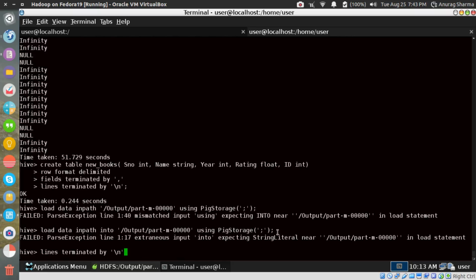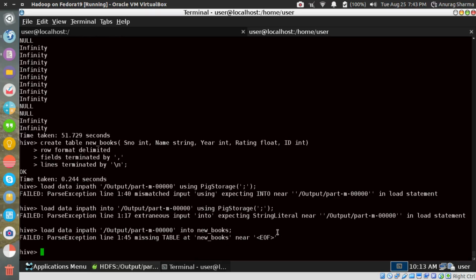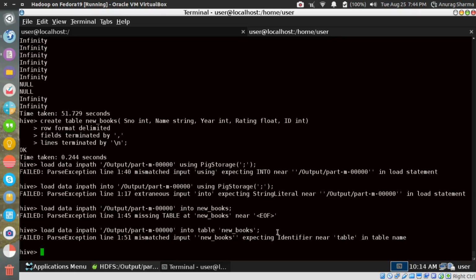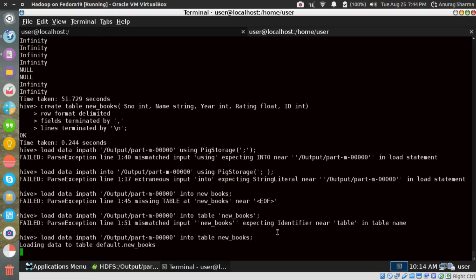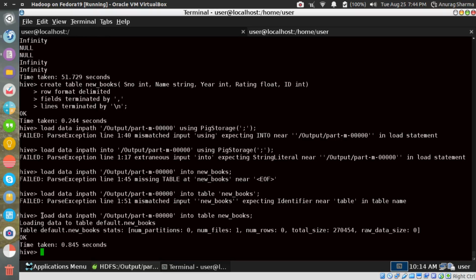What is the syntax? Okay, after a lot of tries, this is the final syntax. Into table new books. So there is no string colon separator. Fine.